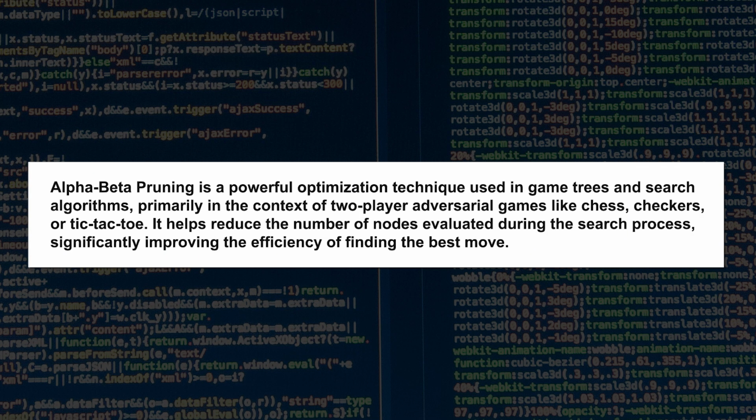Alpha-beta pruning is a powerful optimization technique used in game trees and search algorithms, primarily in the context of two-player adversarial games like chess, checkers, or tic-tac-toe. It helps reduce the number of nodes evaluated during the search process, significantly improving the efficiency of finding the best